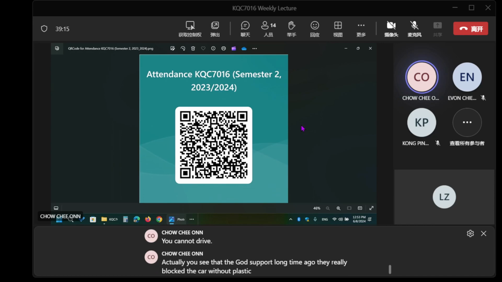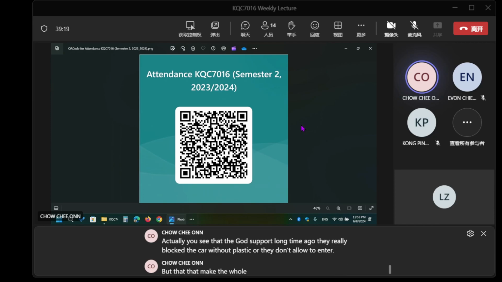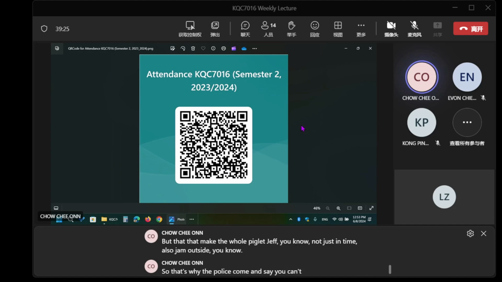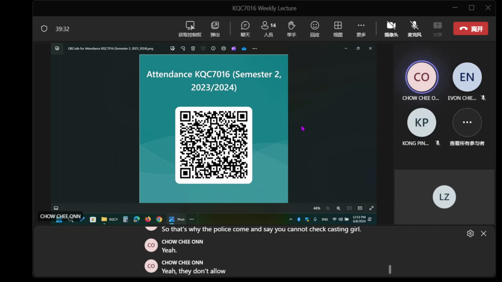Without a car sticker, they don't allow entry. But that made the whole PJ jam, not just inside, also outside. So the police came and said you cannot check car stickers. So you better grab one.